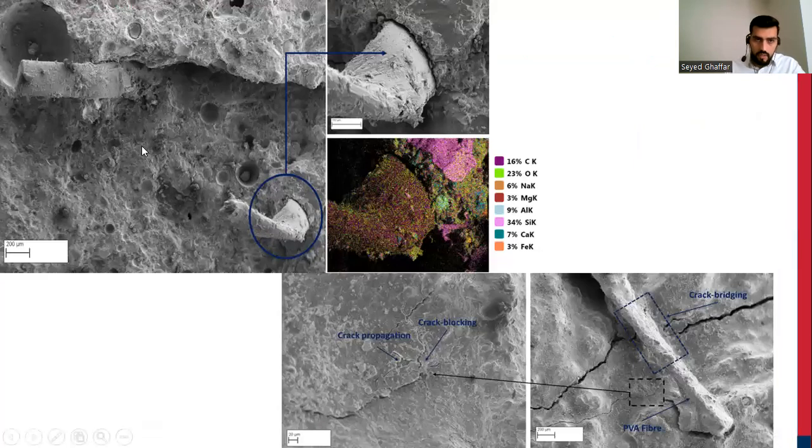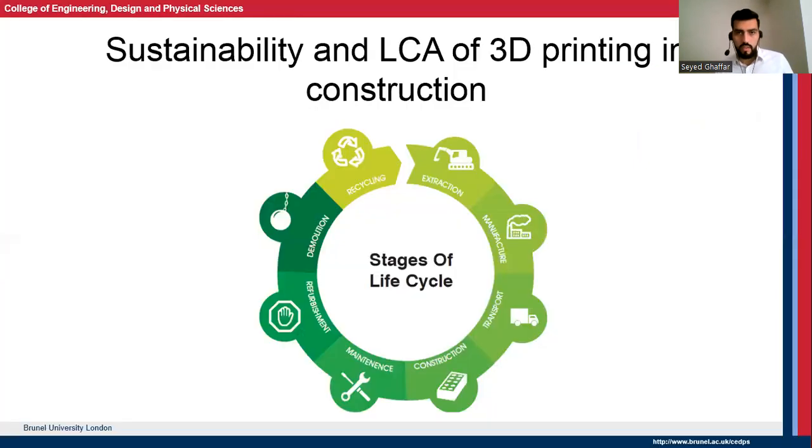And I have some microstructure analysis here. We used some PVA, and the PVA was a crack blocking or crack bridging mechanism that allowed us to achieve very high flexural strength, very high tensile strength, which is commonly known as a weakness when it comes to concrete materials, cementitious materials. So moving on to sustainability and life cycle assessment of the 3D printing,